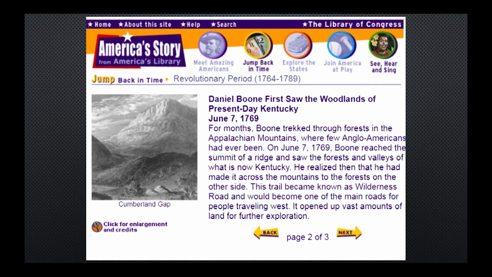And in the context of don't settle past this line, oh, but we're going to anyway, so how do you convey people into these new lands that are opening up? This is where the Wilderness Road comes in. So people like Daniel Boone. And Daniel Boone, yes, he was a long hunter. He was also hired by a company to go out and scout out lands to see what they were like and how to get people there.